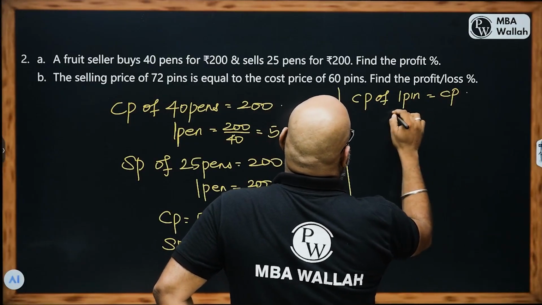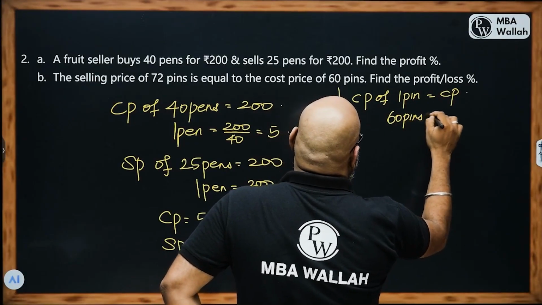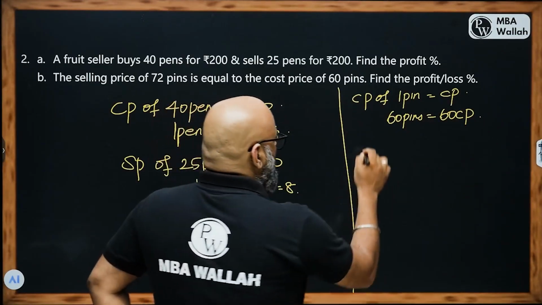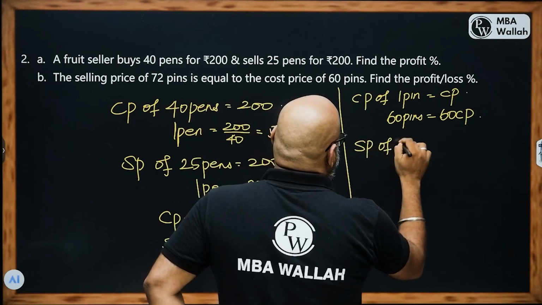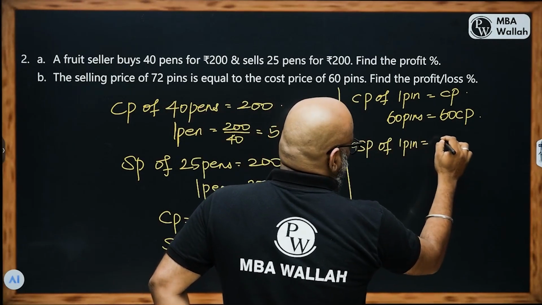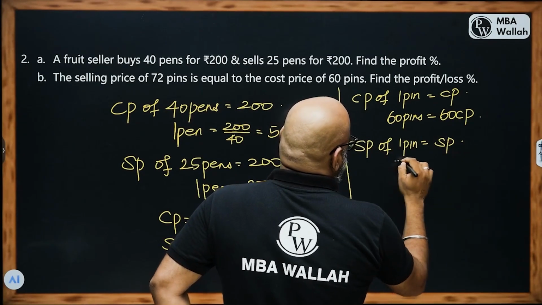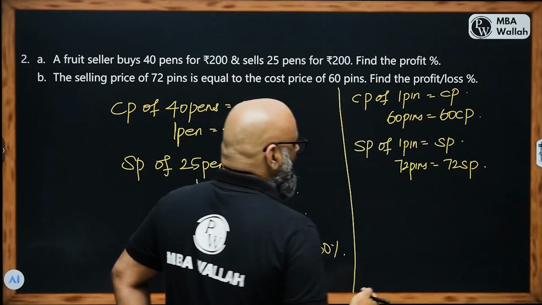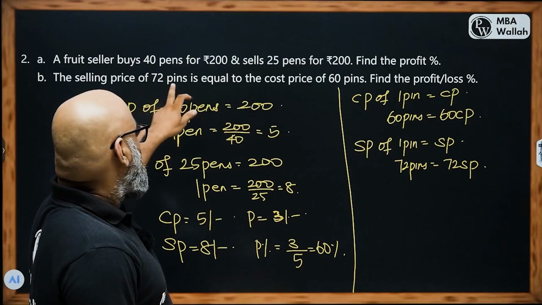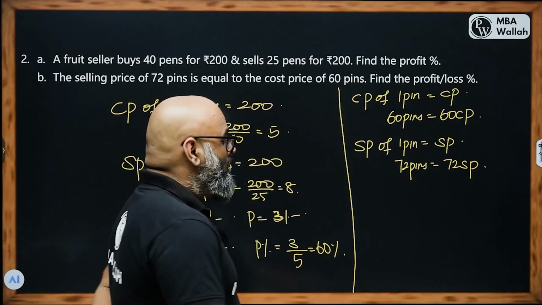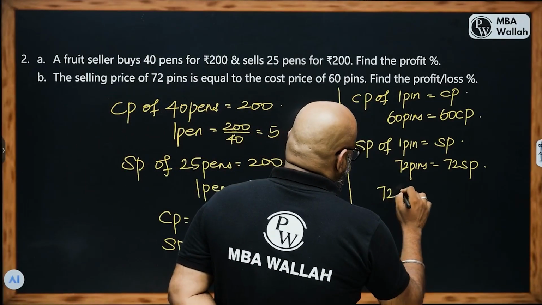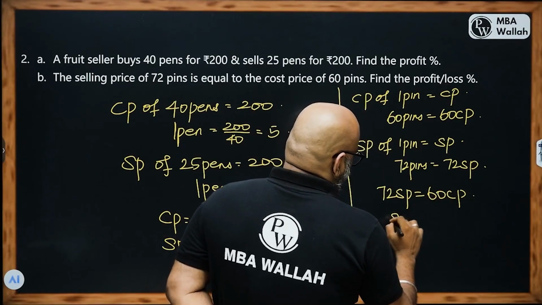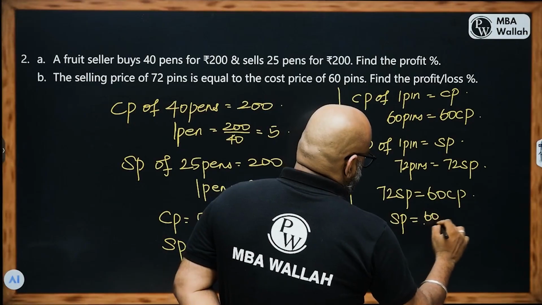if I say cost price of 1 pin is equal to CP, for 60 pins that will be 60 CP. Similarly, selling price of 1 pin is equal to SP. So 72 pins will be 72 SP. By data, selling price of 72 pins is equal to cost price of 60 pins. I can straight away say 72 SP is equal to 60 CP,